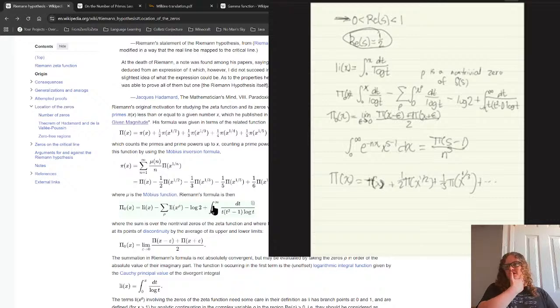Like, what is this function actually doing? It is taking the number of primes below x, adding to that 1/2 times the number of primes below the square root of x, adding to that 1/3 times the number of primes below the cube root of x. And eventually,